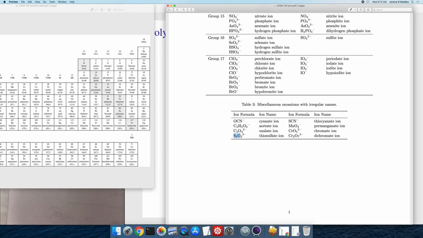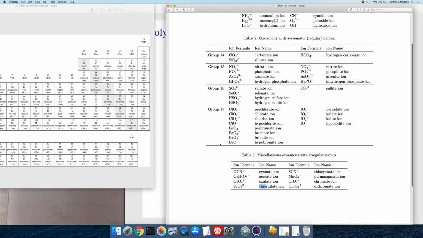And that's why it's S2O3. Likewise, you can take the cyanate ion and turn it into the thiocyanate ion by replacing that oxygen with sulfur. So there is some meaning to these different prefixes, but for the vast majority of these ions, you